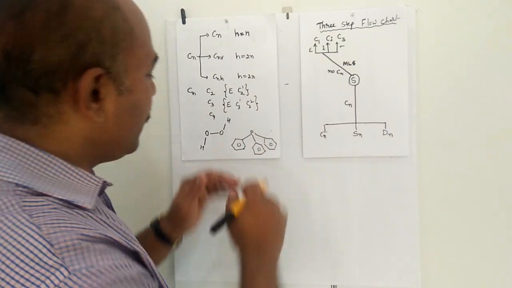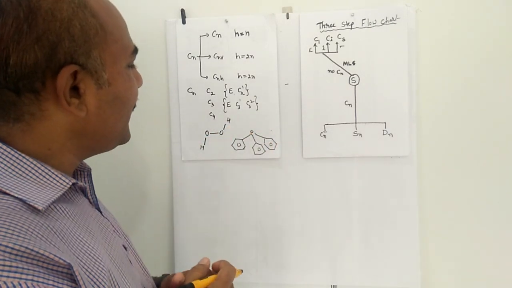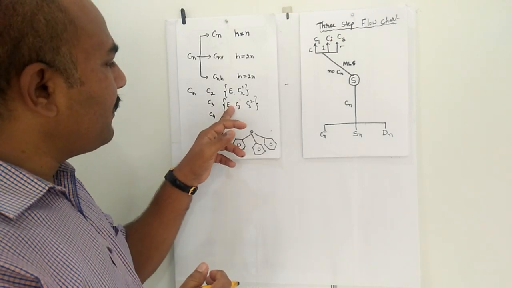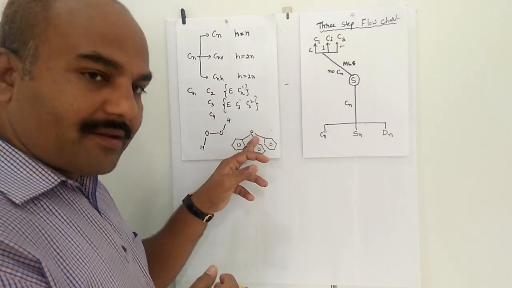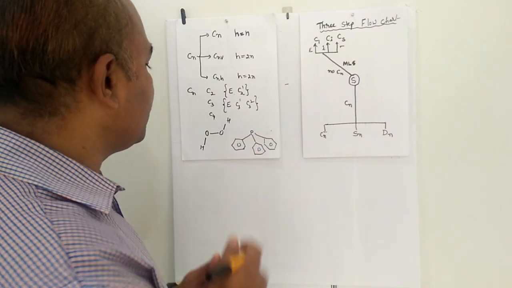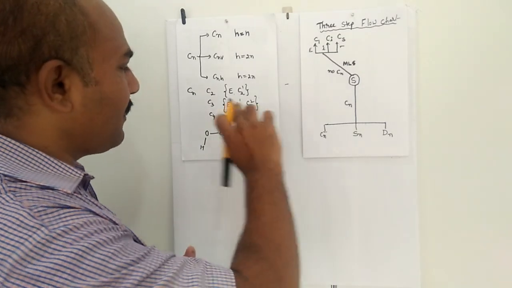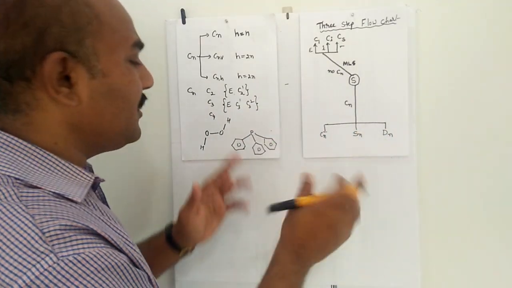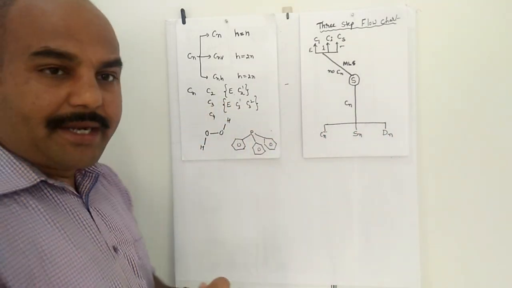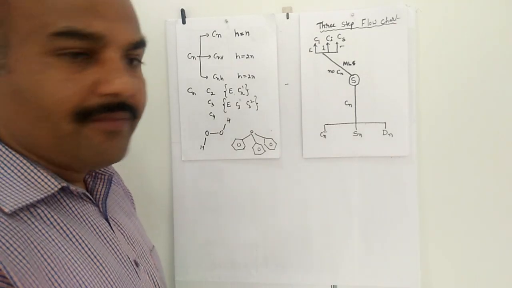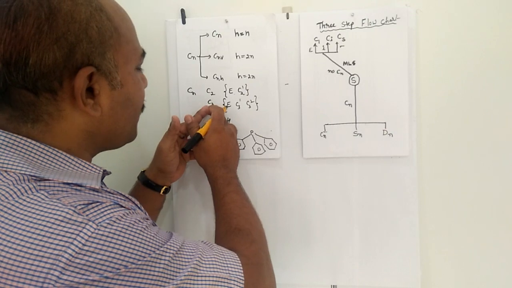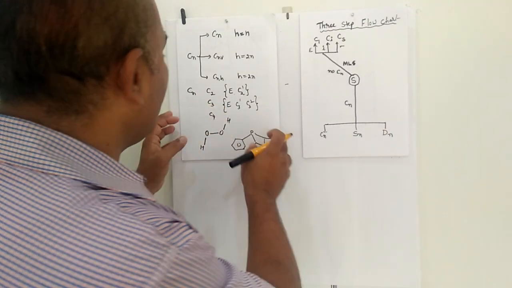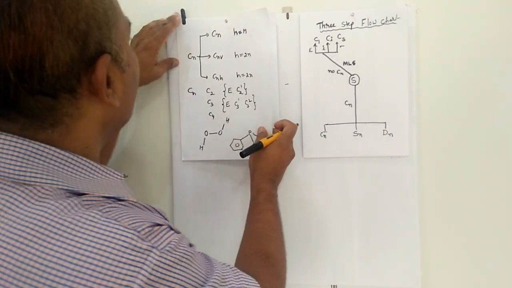So yes, this belongs to C3. Regarding the total number of elements present, C3 means you have to rotate by 120 degrees to get an indistinguishable configuration. C3 1, C3 2, and 3 times rotation is equal to the identity element because that is a 360 degree rotation. For C4, we can also give the example of rotanes. Rotanes are the best example for the